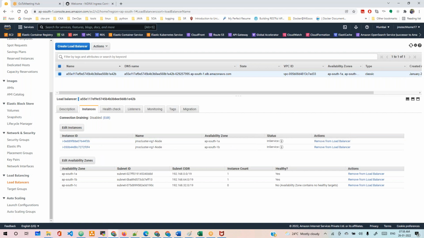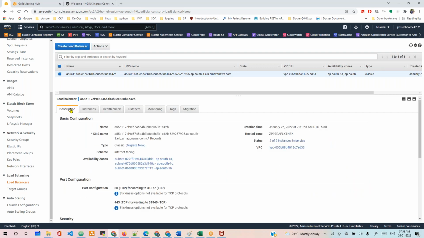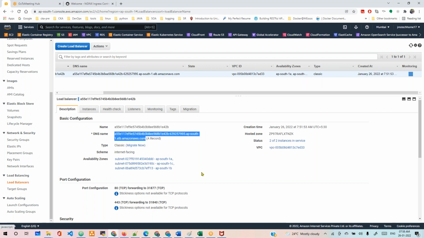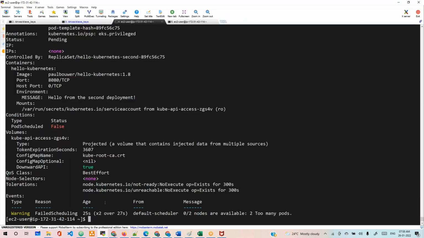These two nodes are added to this cluster, in service. Now this is just 751. It just created one. Now copy this record. This load balancer got created. That ingress load balancer. Copy this, and what you will do,